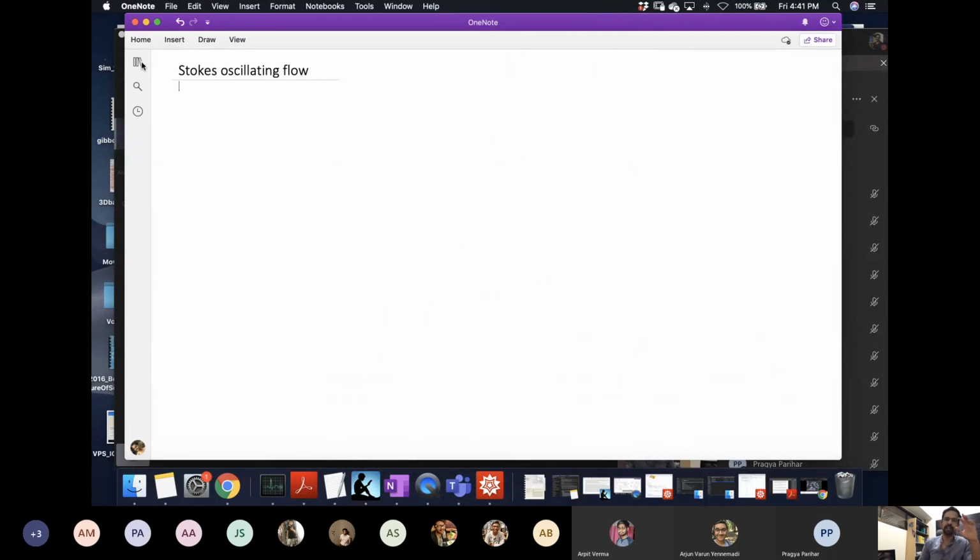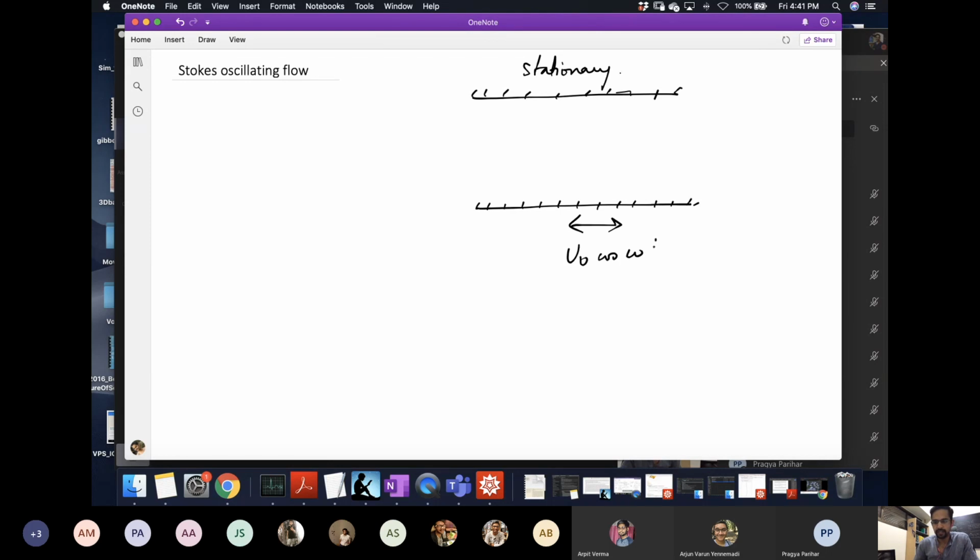Okay, so now this problem was first looked at by Stokes. It's called the Stokes problem. And I'm sure he had other motivations for this. So what it is really is you have a fluid bounded between two plates. There is a top wall. This wall is completely stationary. And the bottom wall is oscillating with a velocity u naught cosine omega t. So omega is the frequency of oscillation of the bottom wall. The top wall is stationary. In between, there is a fluid.